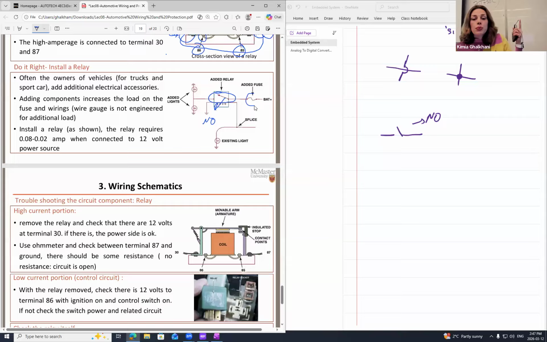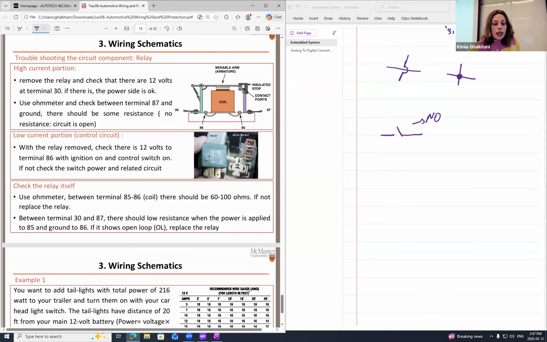And then remember, in the previous slide I showed you the symbol for the fuse. That's why I say it is important to at least remember the electrical symbols of electrical components. For the fuse, this is the symbol. And then I'm having a battery. And I just said, what is a splice? A splice means there is a connection between the relay and the existing light in the vehicle, because there is this filled dot, which means this is a splice, there is a connection in there. These wires are not tripping over each other.